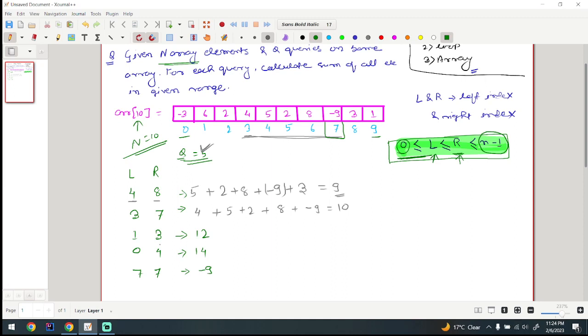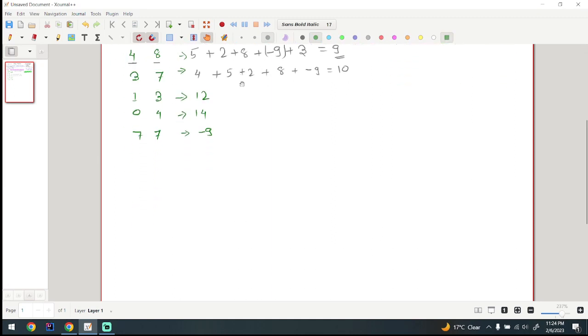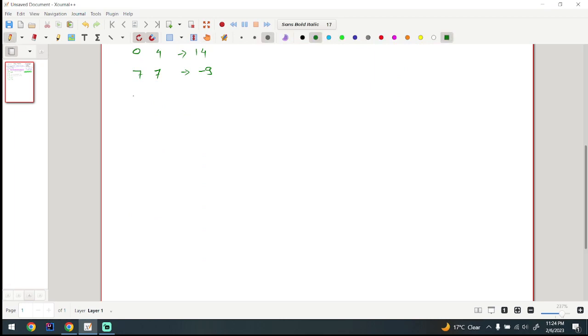So now we will try to solve it without using prefix sum and by using prefix sum, and we will try to compare both. Okay, so let me write the brute force approach. What we can do in brute force? Brute force approach. What we can do? We can traverse from L to R index